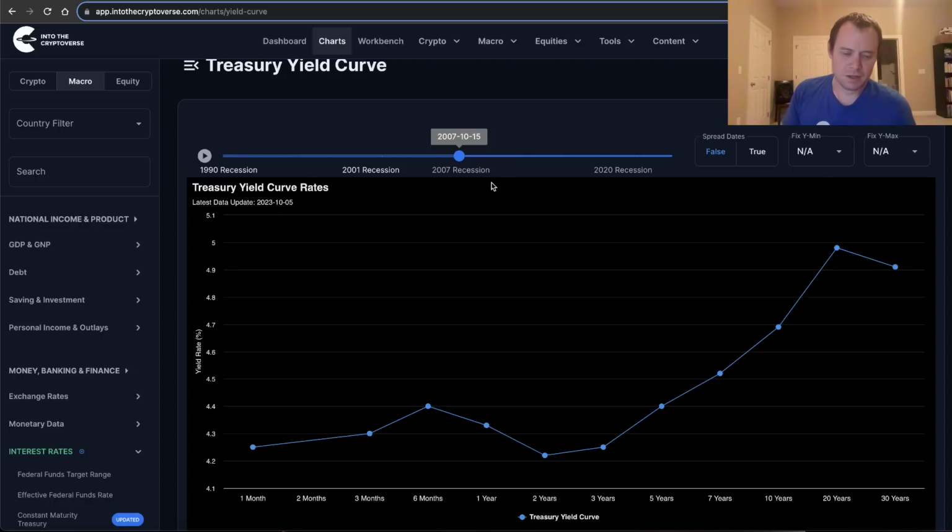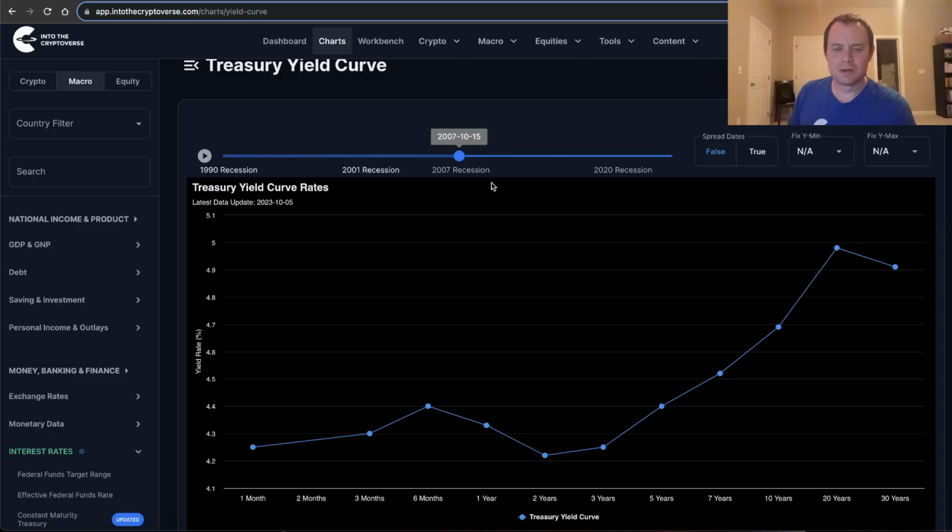The shorter duration treasuries went down. They went down because the bond market started to sniff out a Fed pivot, right? And if the Fed's going to pivot, if they're going to lower rates, then you're not going to see those same short-term rates, right? So if rates are at 5%, but the bond market now thinks, oh, well, the Fed broke something, they're going to have to cut rates, then the short end of the curve will start to go down, right? The short end of the curve, the yields will go down because they're expecting the Fed's going to pivot, and therefore it goes down.